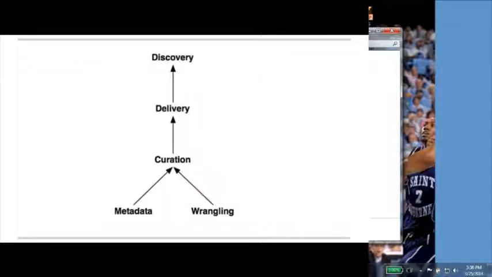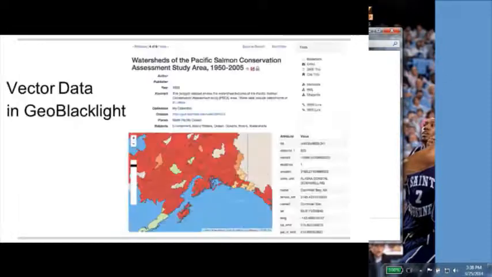So the basic diagram here is that at the bottom you have your metadata and your data. And you wrangle up your data. Most GIS data is not like the last GIS data set that you worked on. So you wrangle the data until it submits, and then you go into the repository, and then you have a delivery mechanism so that it's akin to video maybe, where you have a delivery system where you can do streaming video. It's akin to that. And then you go into a discovery interface.